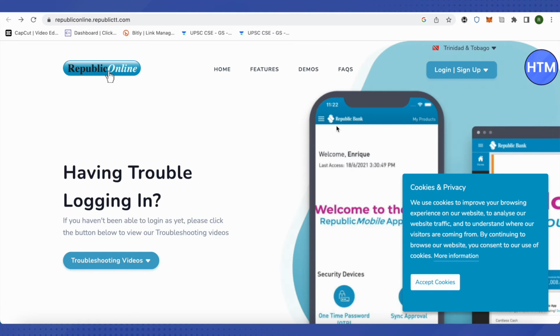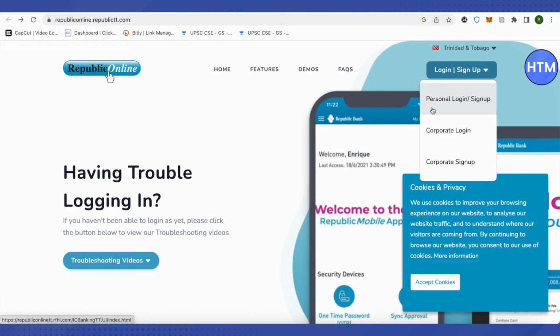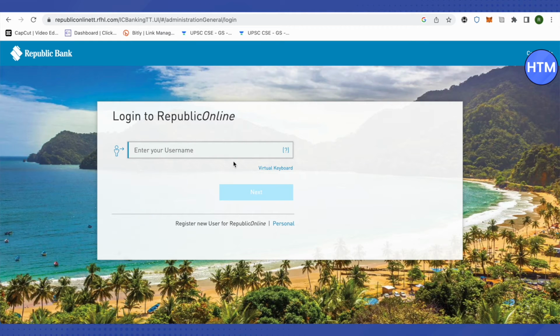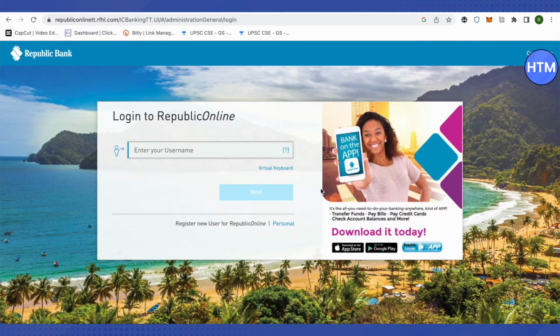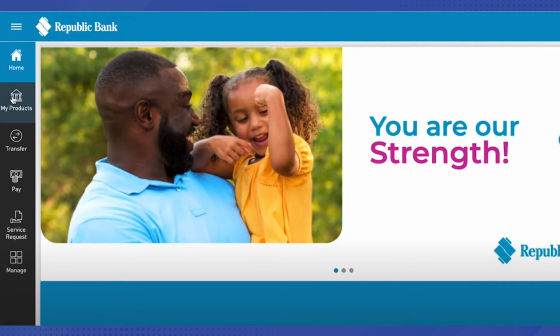Online. So for that you need to open up the official website of Republic Online, and over here click on login and select the category as per your requirements or your account. After that, provide your username and password to login, and after logging into your account, click on my products on